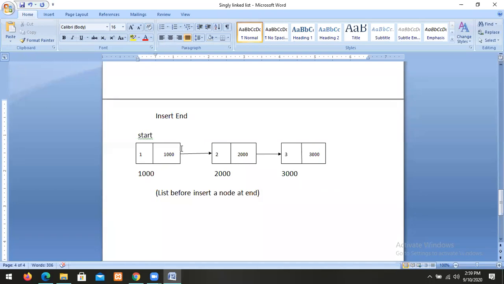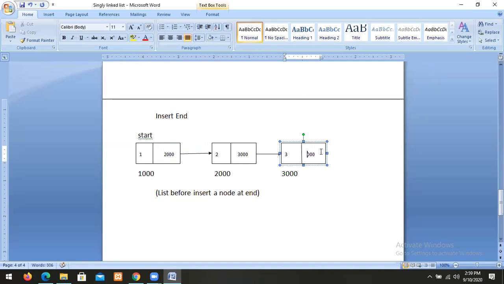This list consists of the values with addresses 1000, 2000, and 3000. The first node contains the address of the second node, and the second node contains the address of the third node. The third node has no next node, that's why the address of the last node is null. This is the existing list.